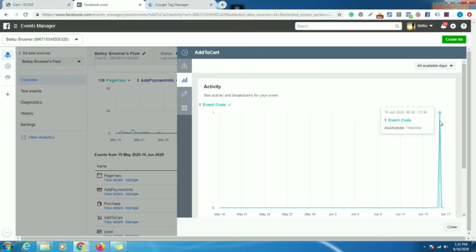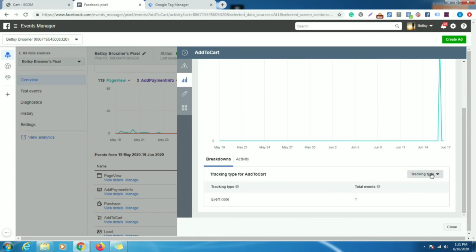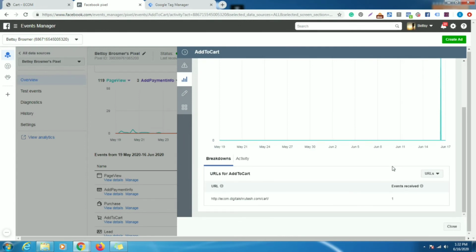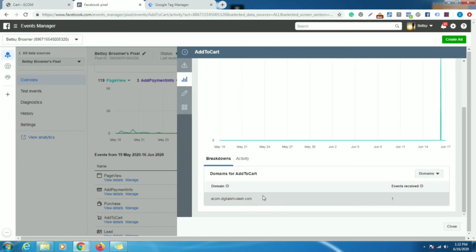Okay, this one event code is 1. Okay, tracking type. Is there any URL? So from cart, this URL has been tracked and one event happened here. Okay, then domains, ecom.digitalfootage.com, and you can also see the device, desktop.